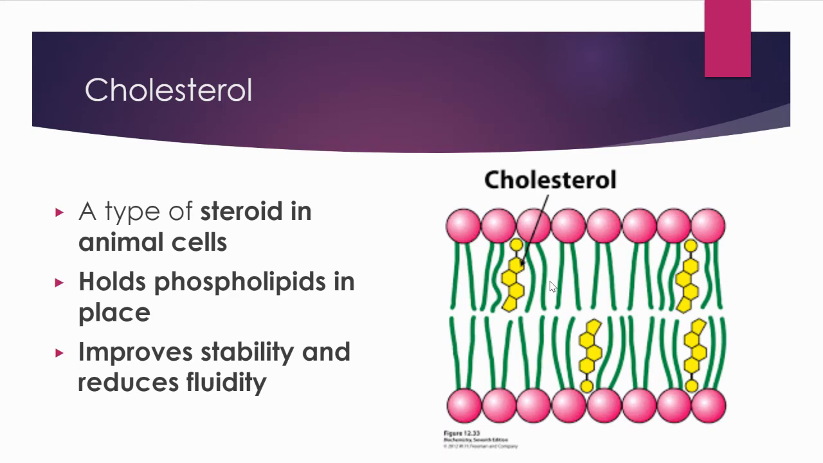All right, another big part of the cell membrane is cholesterol. And cholesterol is actually a type of steroid, which you learned is actually a lipid. So you can see why the cholesterol is okay with being next to the fatty acid tail, because it also is a lipid. And it holds the phospholipids in place, which then leads to improving the stability, making the phospholipid bilayer more stable, and reducing how fluid it is, making sure that it's not so loose and fluid that it would